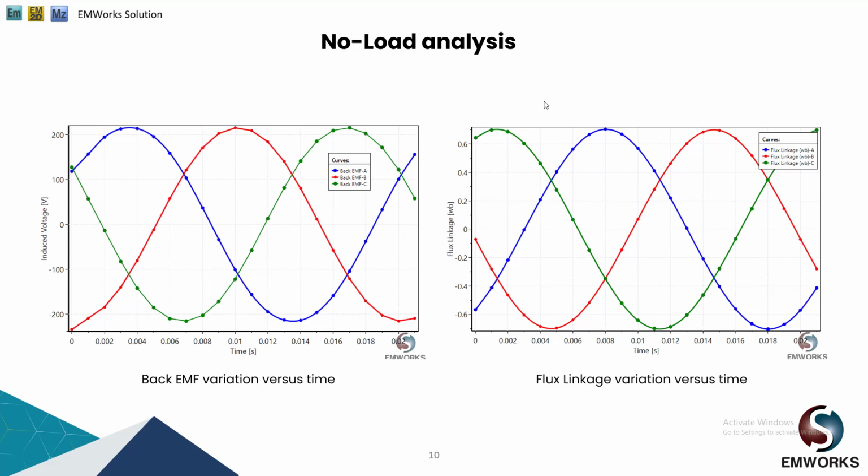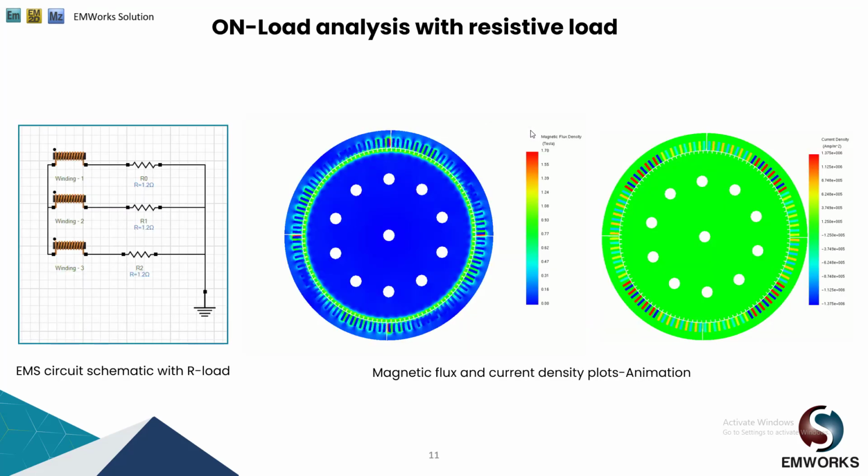On the right hand side, we have a flux linkage waveform for our generator. The peak phase flux linkage is close to 0.7 Weber. Here we also analyzed our generator's performance with a resistive load connection. For its performance analysis, all three phases of the generator were connected to a 1.2 ohm resistive load